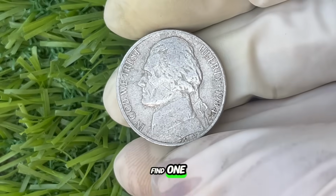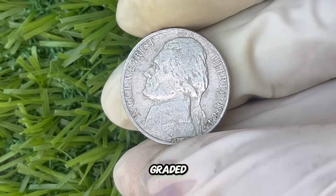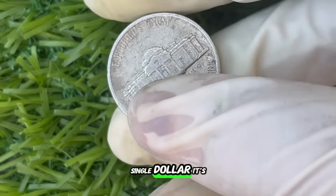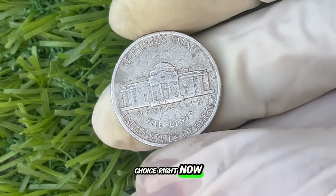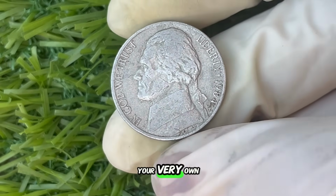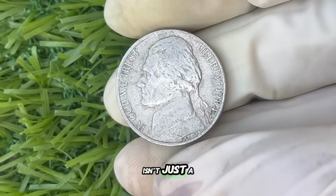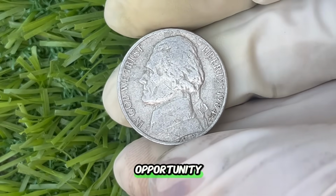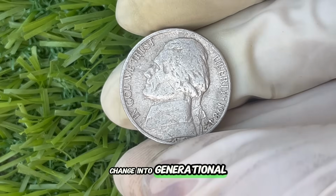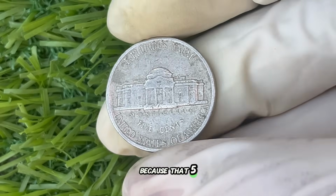And if you do find one, don't just flip it on eBay for quick cash. Get it professionally graded, showcase it to the collector community, and make sure you get every single dollar it's worth. You have a choice right now, to keep watching from the sidelines, or to go treasure hunting in your very own home. The 1984 Jefferson nickel with this mint error isn't just a coin, it's a once-in-a-lifetime opportunity. And if you act now, you just might turn pocket change into generational wealth. So go ahead, check your nickels today, because that 5 cents could be your